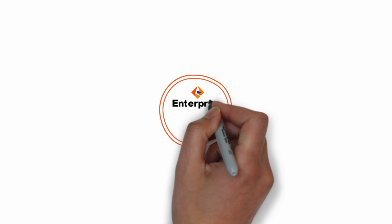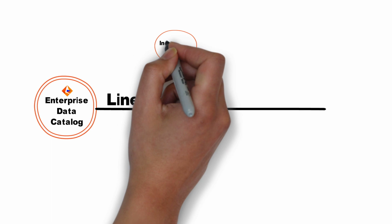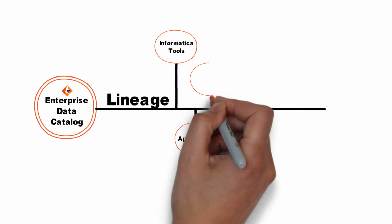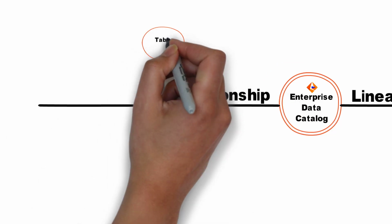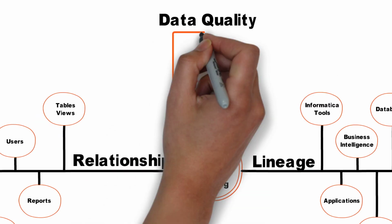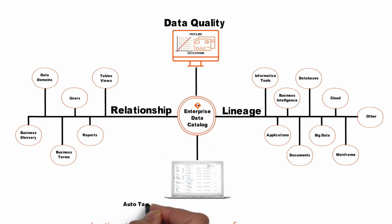Informatica's Enterprise Data Catalog leverages intelligent scanners to capture technical metadata and stitch together the lineage from your various enterprise applications. From there, we layer in business context to fully represent an asset from a 360-degree view. Through profiling and AI-assisted classification, users can quickly identify and discover the state of the data, all powered by our AI and machine learning engine, Claire. The result? A single unified Google-like experience for business and IT users alike to unleash the power of